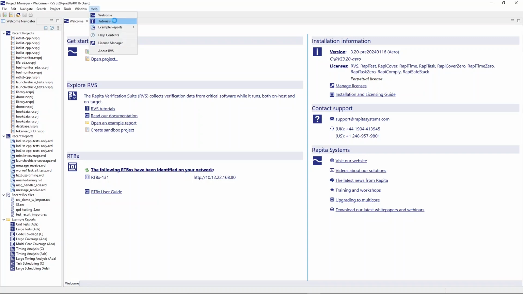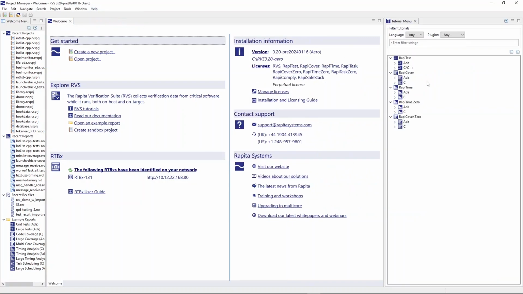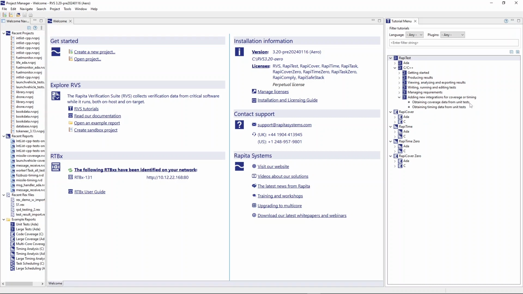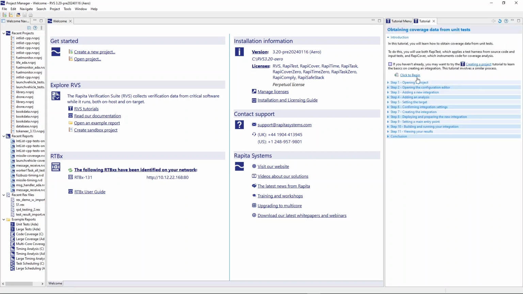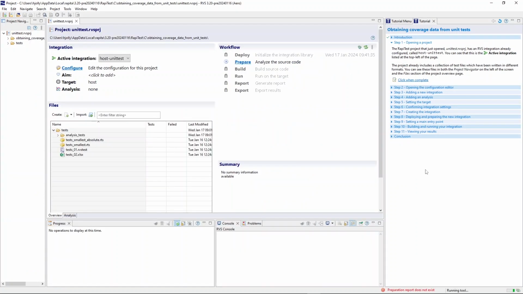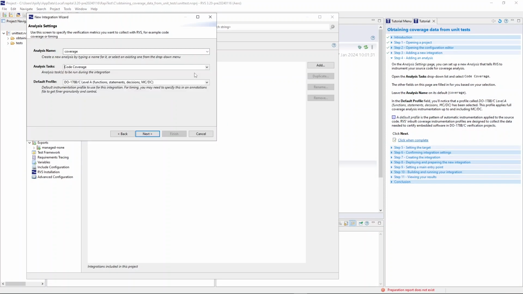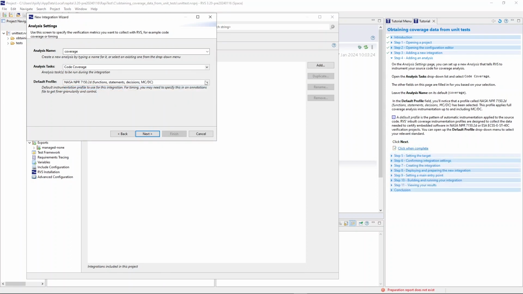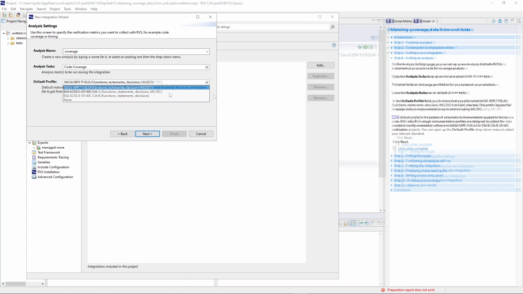RVS includes interactive tutorials that help you learn how to get the most from your verification project. No matter how you're using RVS, tutorials can help you kickstart your verification. Dedicated tutorials for each RVS tool, optimized for your industry, take you through your verification workflow from creating a project